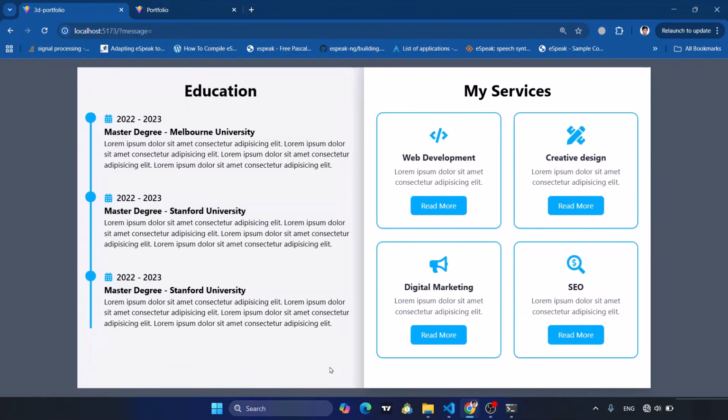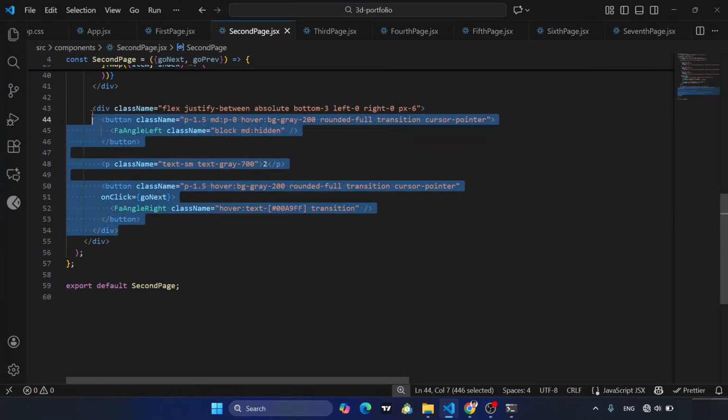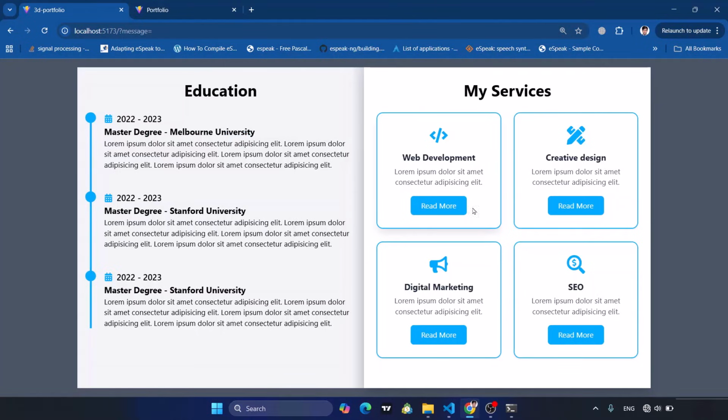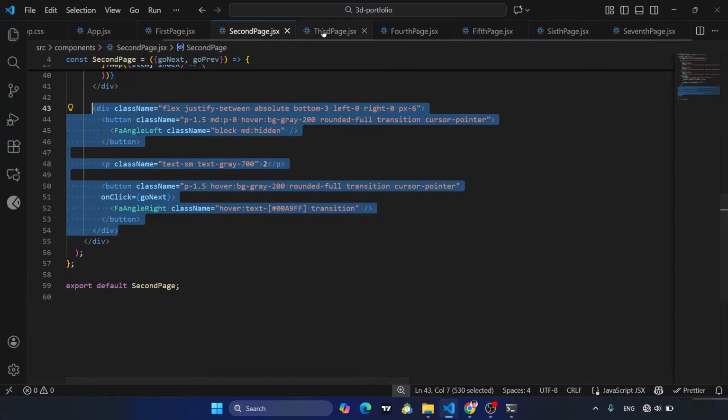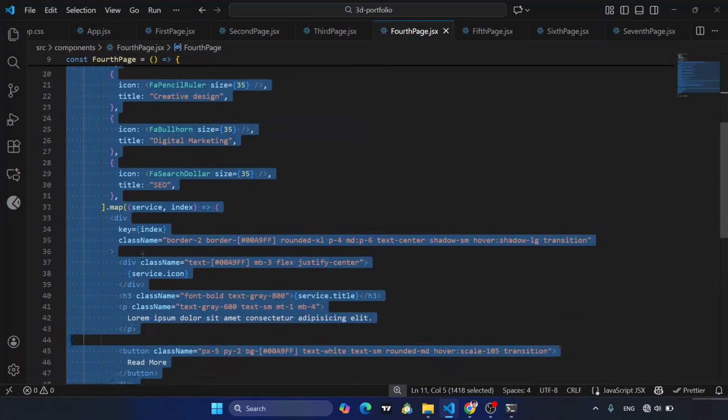But for mobile devices, we will have it on the right side also. And also for my services, as we did for the second page. It means that I will copy this, the exact thing I will do for the fourth page also, for this fourth page for my services. Come here to the fourth page, extract this,